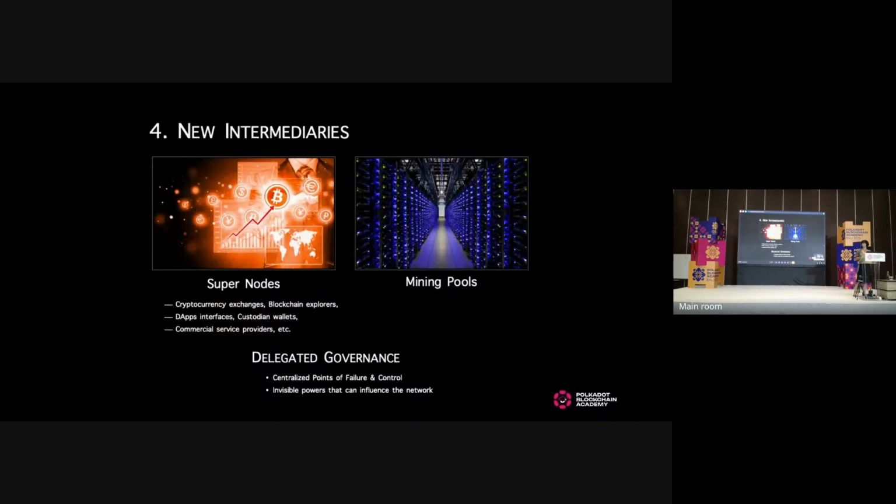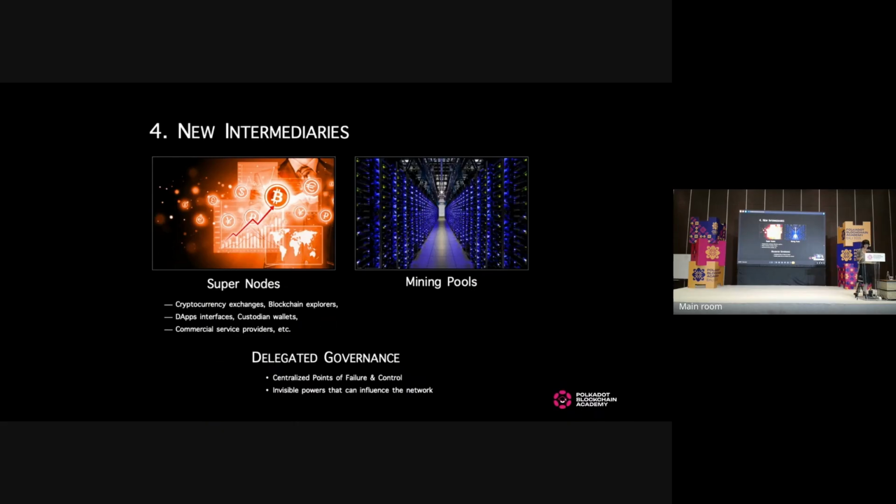Same thing with commercial service providers. So if Amazon were to say, I'm accepting funds from this side of a blockchain, then everyone that wants to benefit from the ability of interacting with the service provider will also have to go through this chain. So the supernodes are really interesting because they actually have an extreme amount of power, even though they don't touch the network directly in terms of